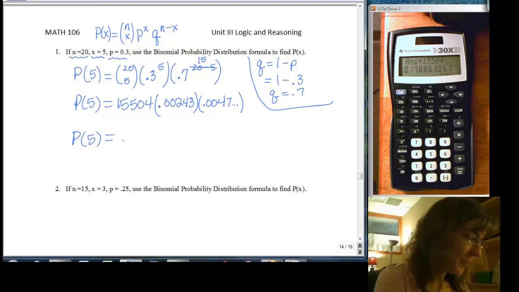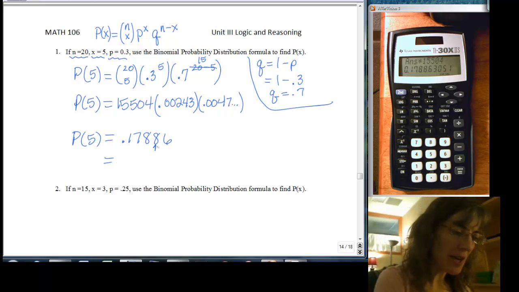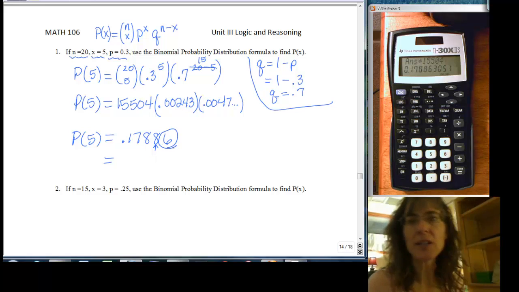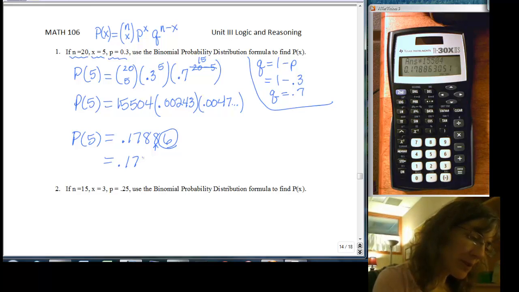equals 0.17886, and I want to record 4 decimal points of accuracy. I'm looking at that one, the 8, and I'll analyze the next number following, and it's 5 or greater, so I do have to bump up the 8. So my result will be 0.1789. That's P of 5 equals